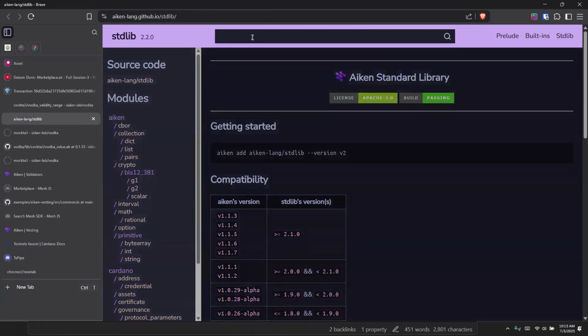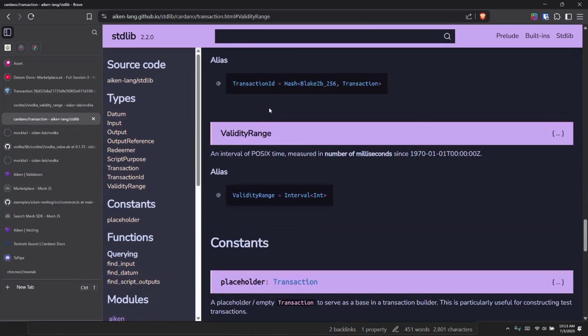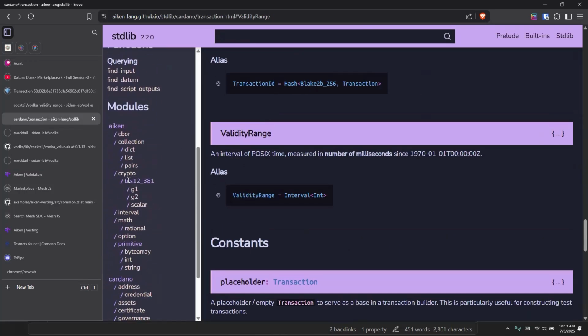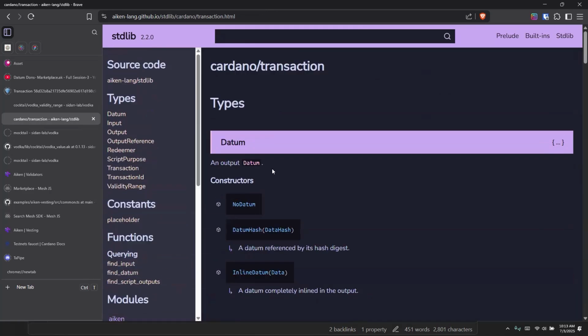So I'm tracking down this validity range. Yeah. And oh man, the docs are so okay. So validity range is in the transaction. And here's the validity range. These docs, it really does take some understanding to run it. But this is